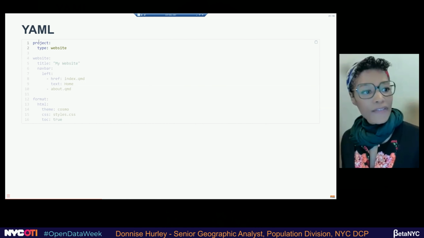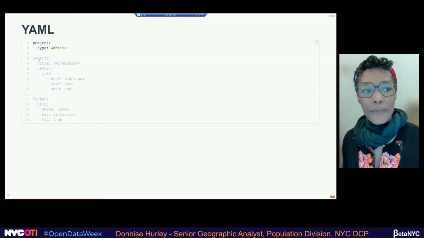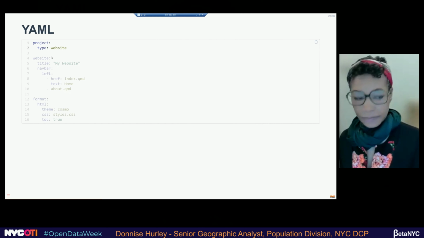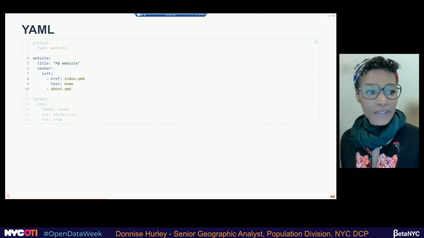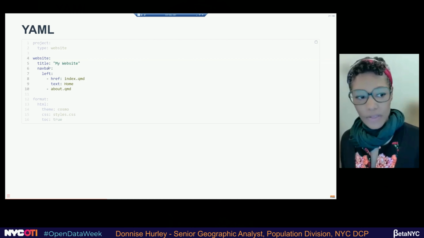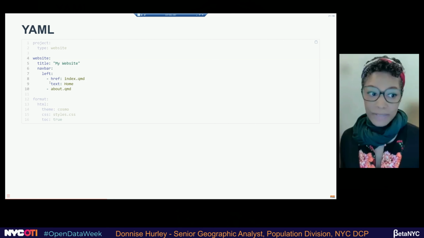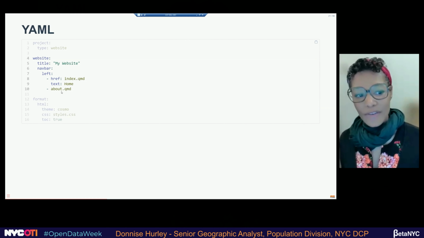and here we have it saying that this is my project. The project type is website. If you're creating a book, that would be changed to book, or whatever type that you're working on. And then here come the attributes for the website. So you can add your title. You can also add the author's name and the navigation bars. So if you remember a few slides ago, I showed you the Newest New Yorker and I had the drop-down menu. This is how I set it up. So you can change the name. So the name on the drop-down menu is home rather than about.